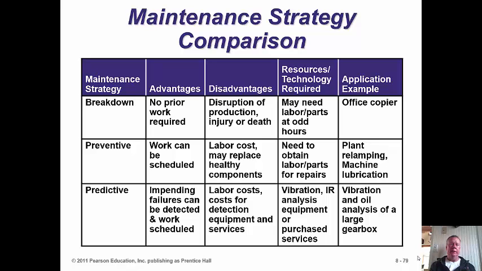I want to say best, but breakdown has its applications. I mean, light bulbs, stuff like that. That's how you do it, or machinery that has some redundancy applied and doesn't really require maintenance, and you just let it go till it stops. Preventive maintenance, again, is for mechanical things whose life can be extended by regular changes, and you don't necessarily see the indications that things are wearing out, but you just know based upon engineering data that it needs to be done at a certain point. And then predictive maintenance is again, I'll say it's the best, because